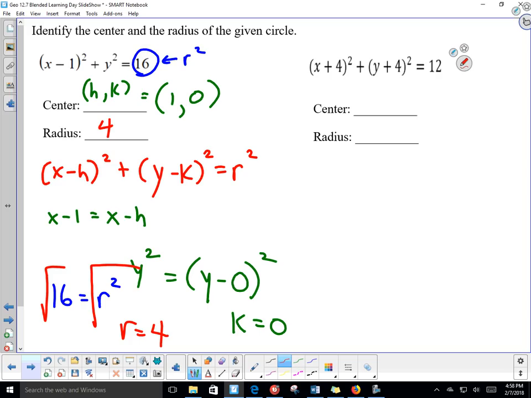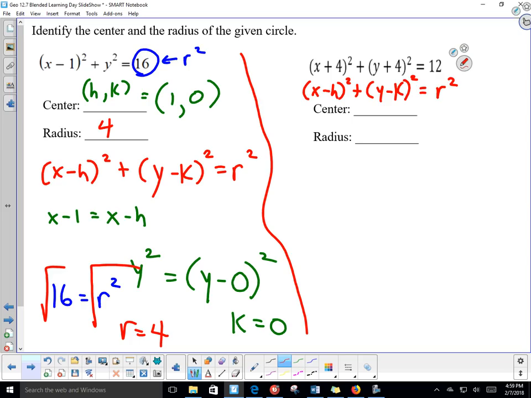Let's take a look at this next example. So over here, we see that the formula for this circle is (x + 4)² + (y + 4)² = 12. And we're asked to find the center and the radius. So if our formula is (x − h)² + (y − k)² = r², then that says that the x + 4 must be equal to the x − h. And if we're trying to solve for h, we could just subtract x from both sides,